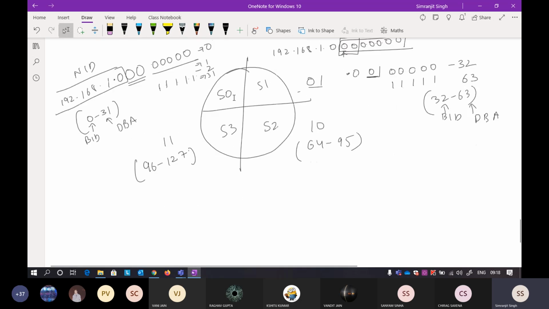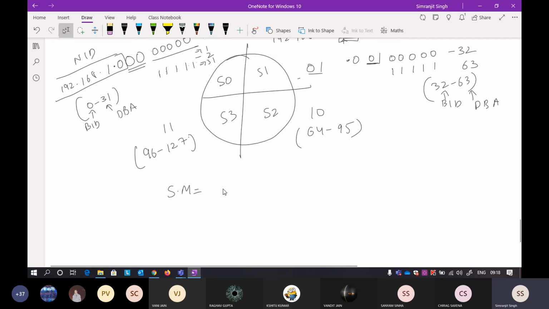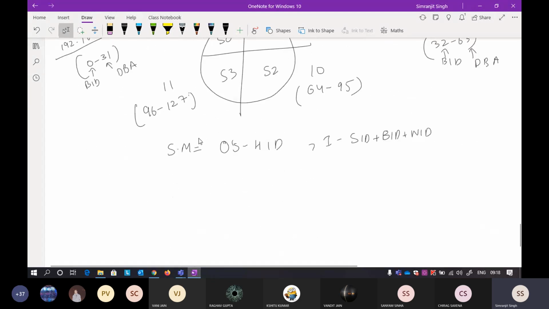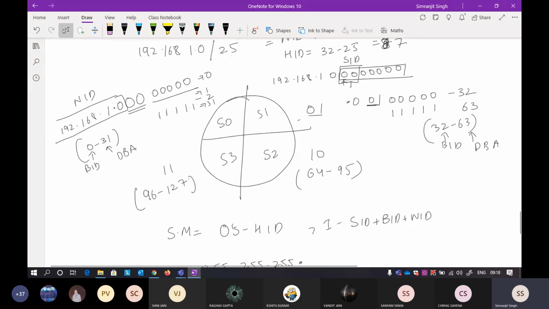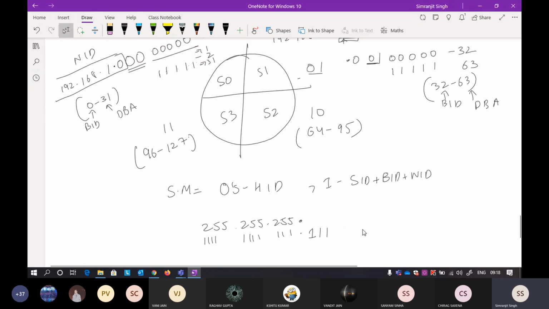If you want to find a subnet mask, what is a subnet mask here? You write zeros to the host ID part, and you write ones wherever there is a subnet ID, or a block ID, or a network ID part. With 25 we already know it is 255.255.255, 25 ones. It will be 8 ones here, 8 ones here, 8 ones here, so it is 24 ones, and 1 here, so it is 25 ones now. There are 2 ones included here for the subnet ID part. So write 2 ones here, and the remaining host ID part.